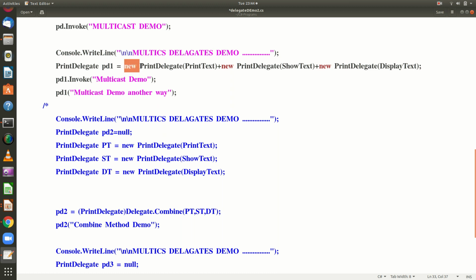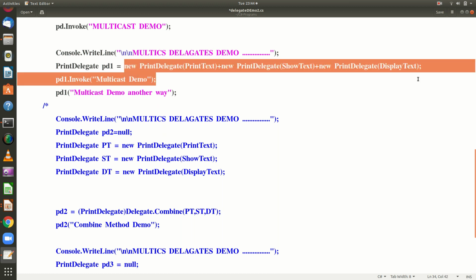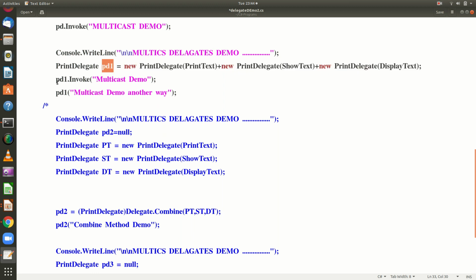I use the new operator to create 3 simple delegates, and these 3 simple delegates are combined together using the plus operator, and I am going to invoke this method. Observe here, I am invoking the method by using dot invoke, and the same method can also be invoked simply by giving the delegate reference.